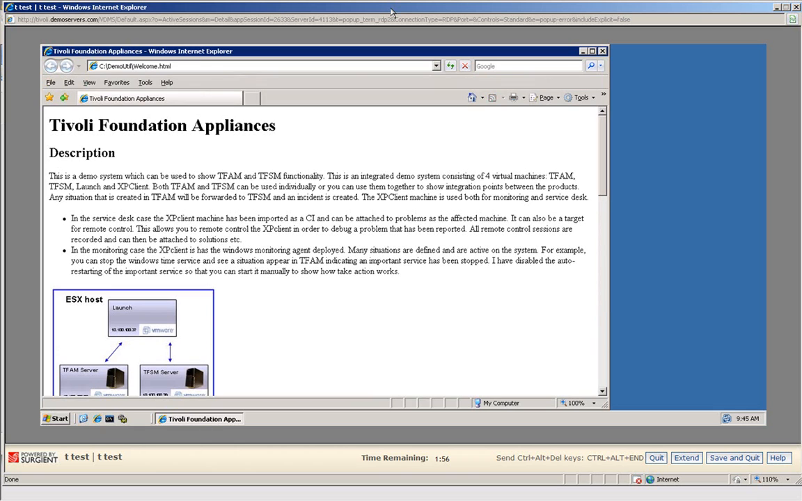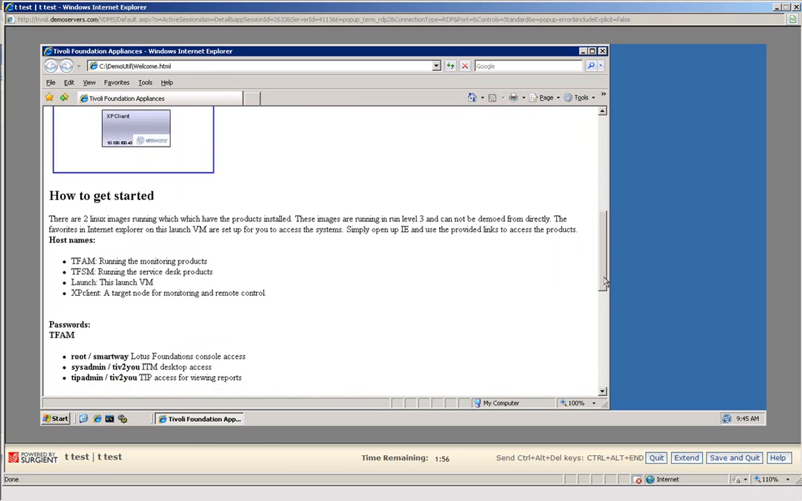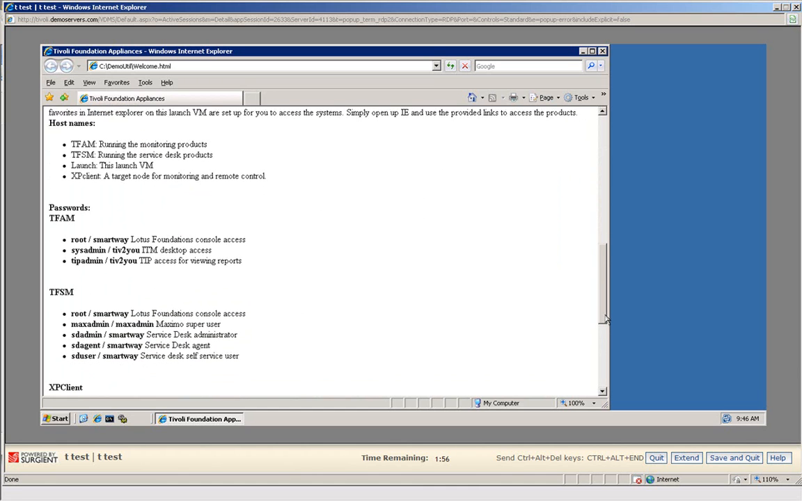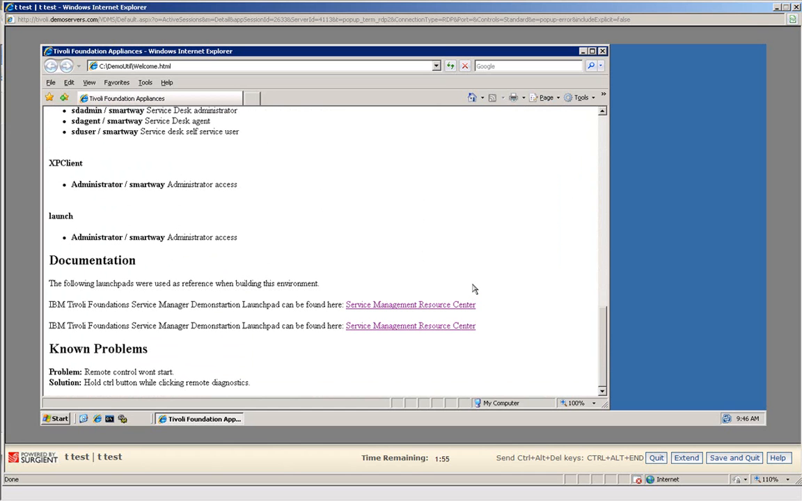And the first thing you'll see is a welcome page which describes the demo and some things on how to get started. So the first thing you'll need to do is read through this so you understand what you're seeing. It also gives you some examples of what to do and how things are arranged. And most importantly, it tells you about the passwords that you need to know. The next thing you need to look at is this documentation, which is located on the Services Management Resource Center